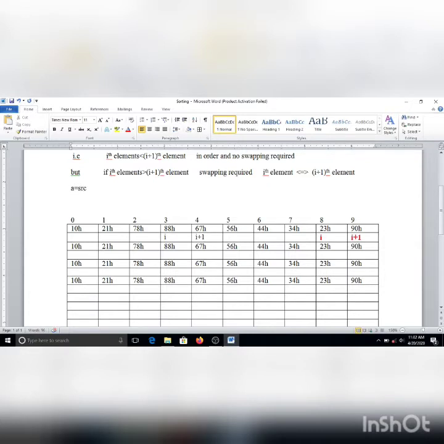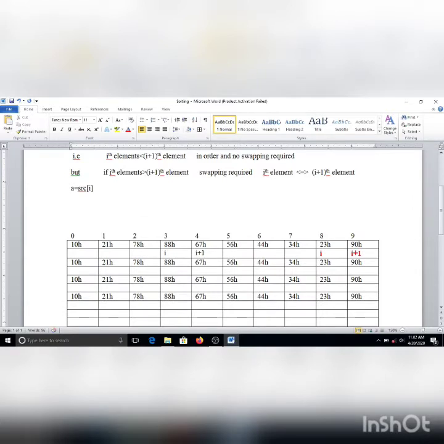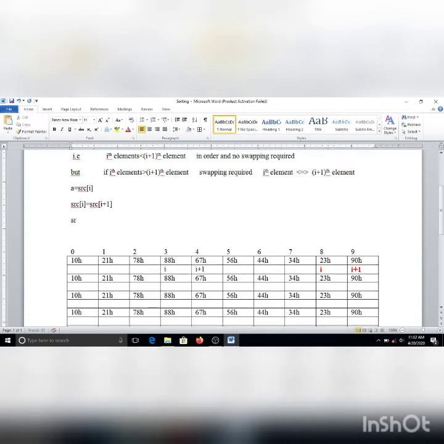So source of I will move to A, and source of I will get the contents of source of I plus 1, and then at source of I plus 1 we can pass the A element. Let us take a particular example. A will have 67 at this point.